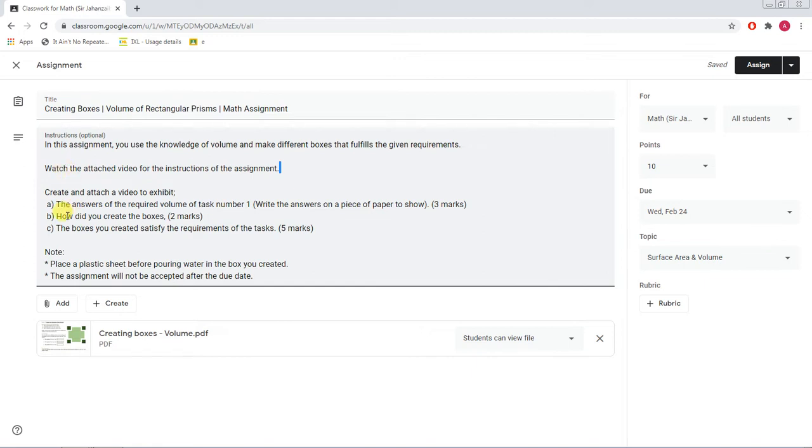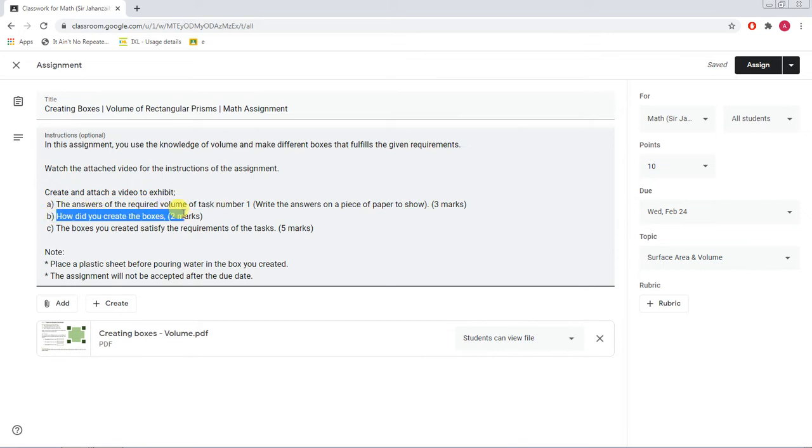First, you have to record a video to show the box that you have created, and in the video you will cover the answers of the required volume of task 1. You have to do the calculation and show that the box you have created has exactly the maximum volume that is possible. You will write the complete calculation on a piece of paper, on a board, or anywhere you can write, and show that in your video.